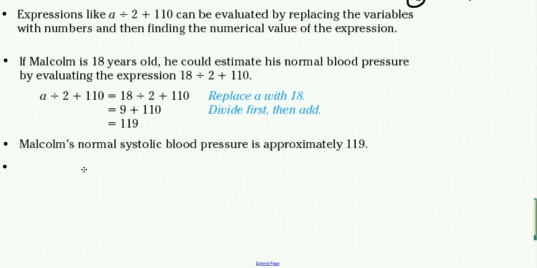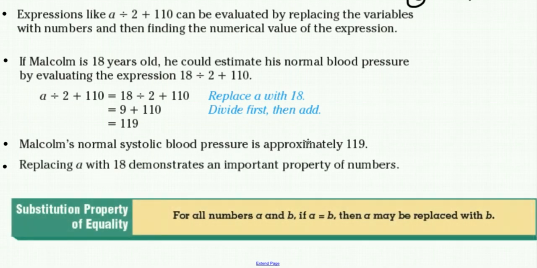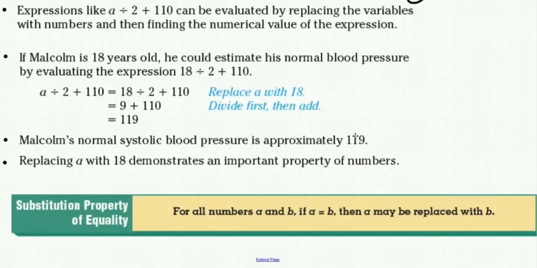And from there, we come up with the substitution property of equality. Replacing A with 18 demonstrates an important property of numbers, and that's what we call the substitution property of equality for all numbers A and B. If A is equal to B, then A may be replaced with B. And that's exactly what we just did when we had 18 being equated to A, and we simply substituted the value of 18 for A, switched it with A, and that's how we came up with